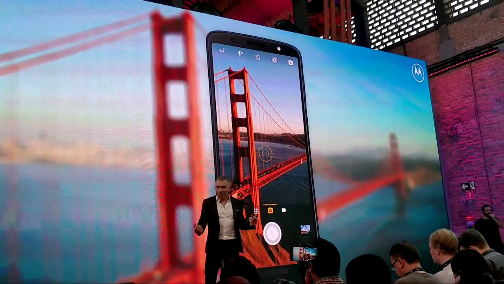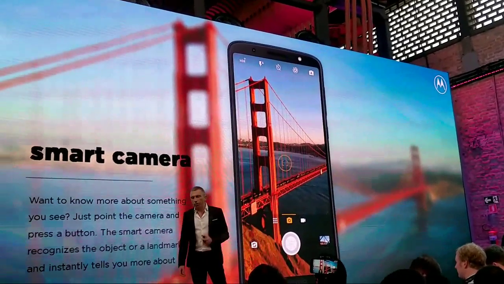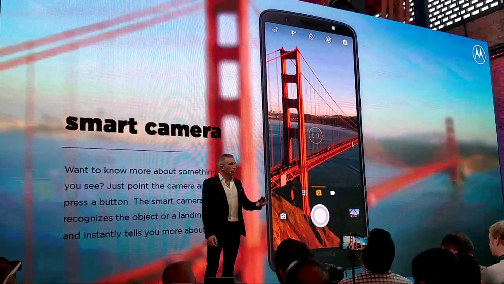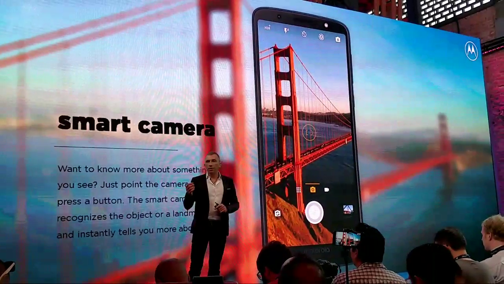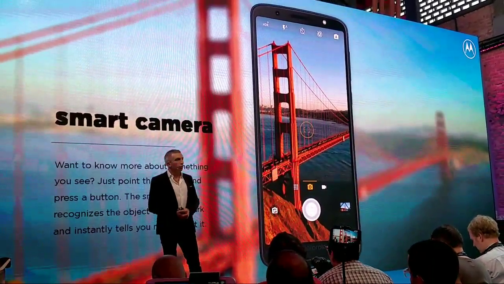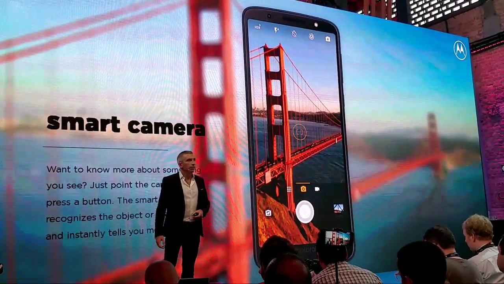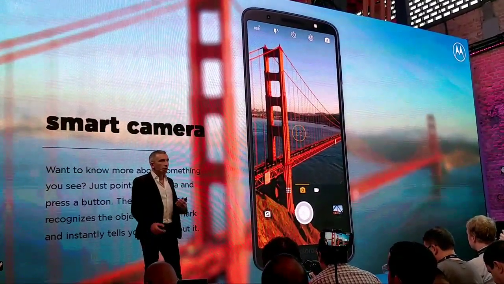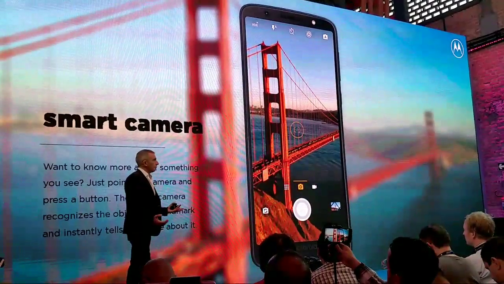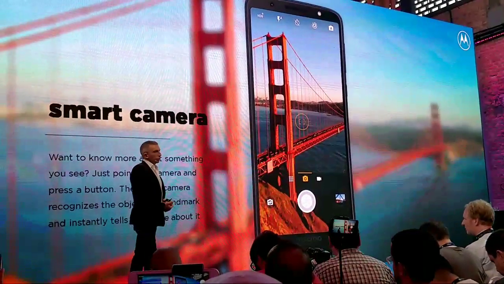So for example, the camera takes great pictures, but now the camera is intelligent. The camera sees what you see and understands what it is. It can recognize landmarks and tell you exactly what it is that you have in front of you. It can give you facts and data about that. If you have an object and you put it in front of a camera, it will recognize the object. At some point, it will even enable you to go and buy online that object if it's recognized what it is.